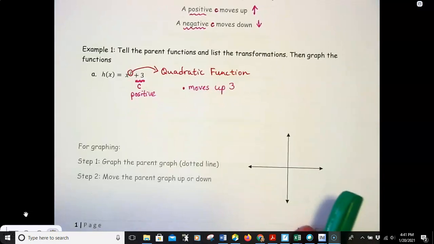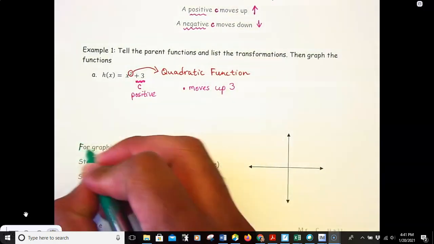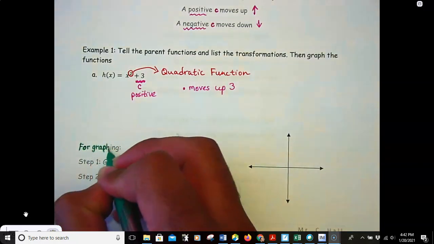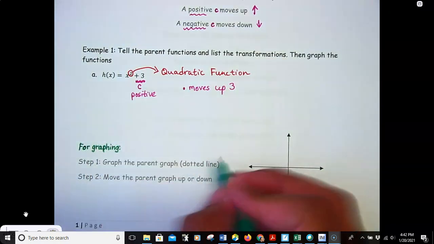All right, so these are the steps we're going to use. And when you look at this, you notice we're going to use these steps every time. We're going to start with step 1, step 2. We're going to add a step 3 and a step 4. But step 1 and 2 are going to be the exact same thing every single time. All right, so for graphing, our step 1 right here